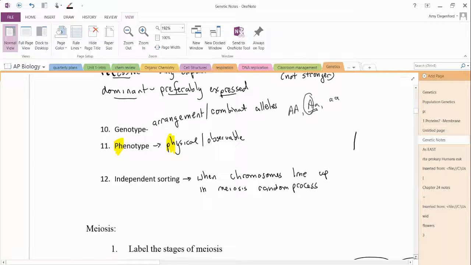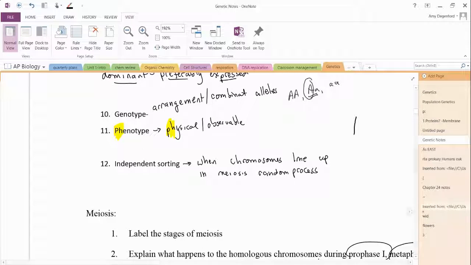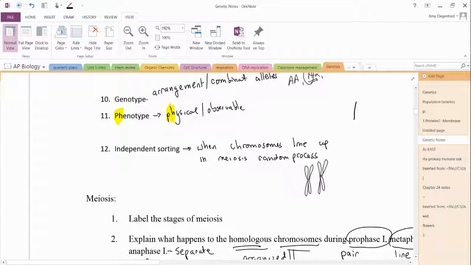Now, independent sorting will come about in meiosis, where the chromosomes line up with their homologous pairs in a random process. So let's apply what we've talked about here. In meiosis, during metaphase 1, the chromosomes are going to line up with their homologous pair. Now, if we take the example of Rudolph,